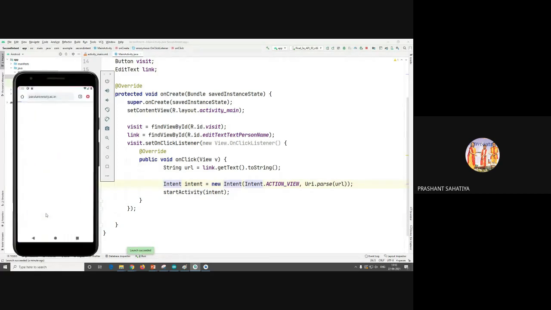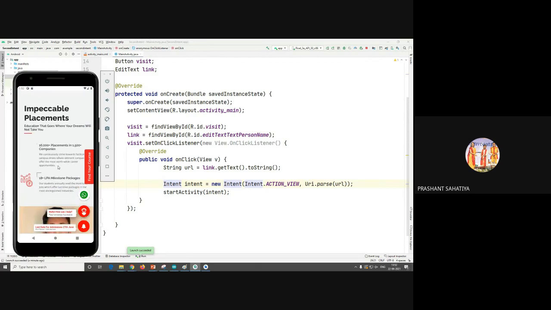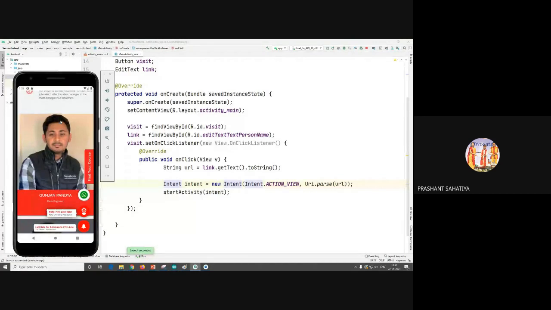यहाँ पे देखो, if multiple browsers were installed, then it will be showing you the suggestion of what you want to open in. Okay, that is what it shows as a suggestion. Like you want to open in the browser, open in Chrome, open in Firefox, open in Explorer, whatever you want to open, you can open. Okay.